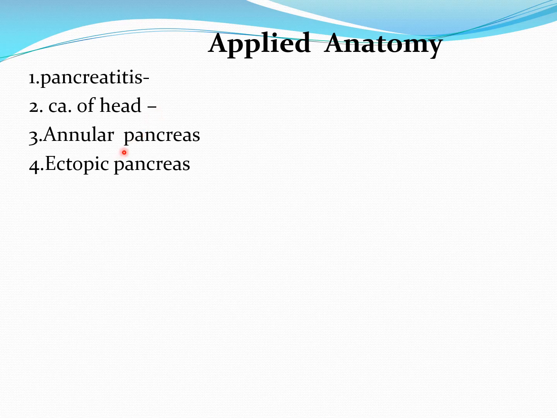Third one is the annular pancreas. Annular pancreas is a developmental anomaly where a ring of pancreatic tissue surrounds and obstructs the duodenum. Pain from pancreatitis is poorly localized. Pain is referred to the epigastrium. Pain is also referred to the posterior paravertebral region and around the lower thoracic vertebra due to inflammation of the soft tissue of the retroperitoneum. These afferents are sent toward the lower intercostal nerves.